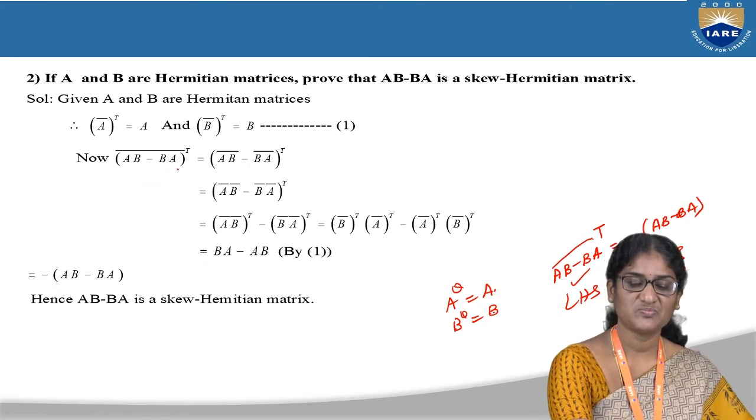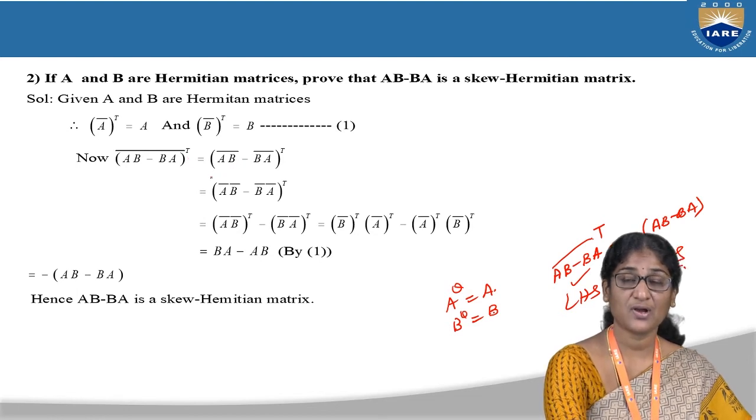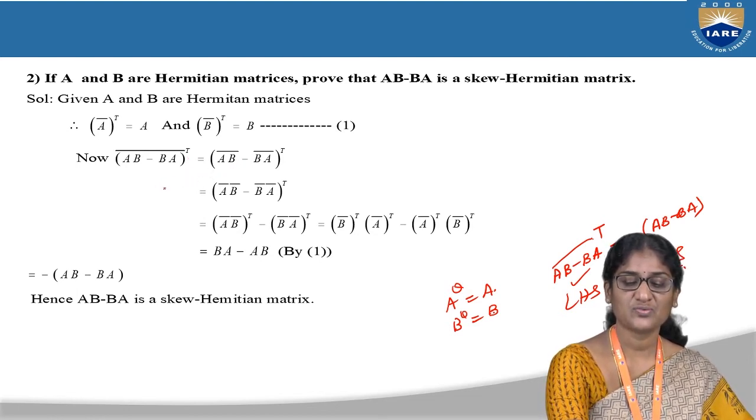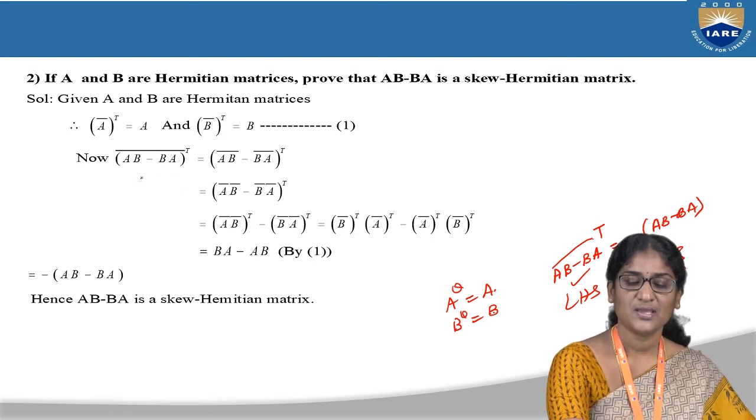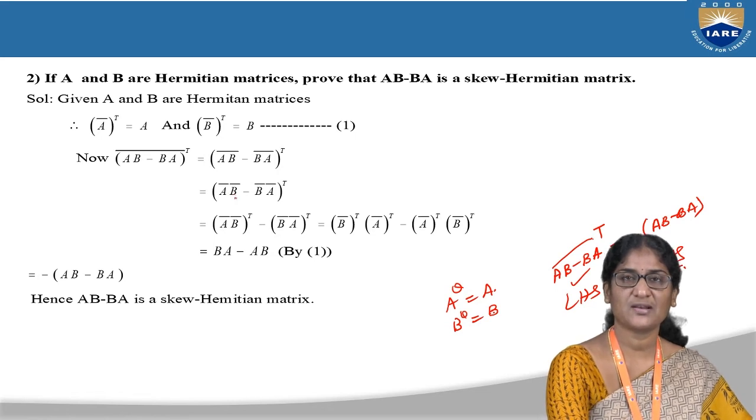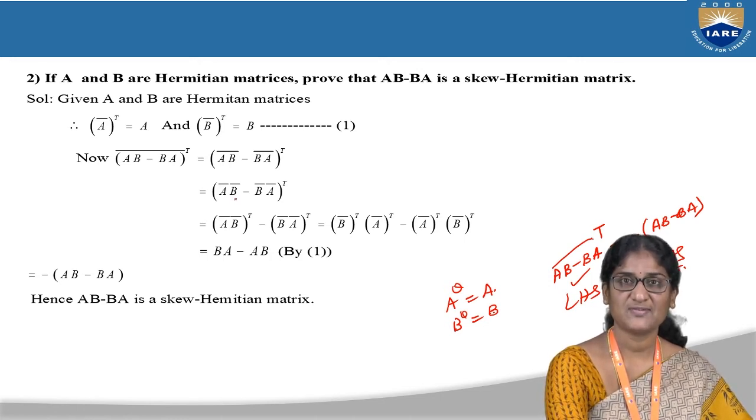AB minus BA whole bar transpose. I've already said that if the conjugate is taken of the sum of two matrices, then the conjugate operation goes to the individual matrices. Similarly for subtraction, the conjugate goes to the individual matrices. So AB minus BA whole bar can be written as AB bar minus BA bar whole transpose. Which is equal to, with the product, we have learned these properties when referring to Hermitian and skew Hermitian matrices and the properties of conjugate matrices in the previous session.